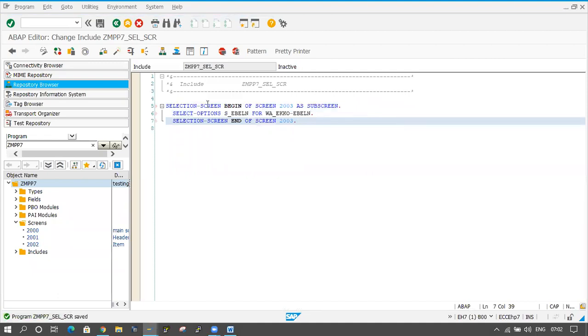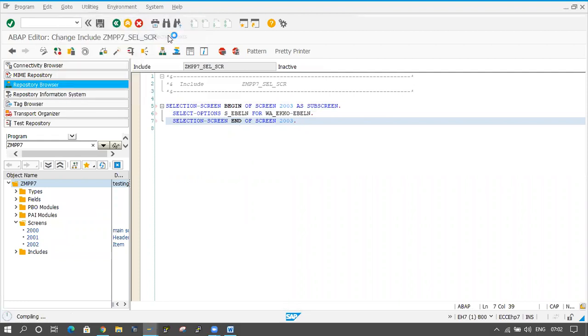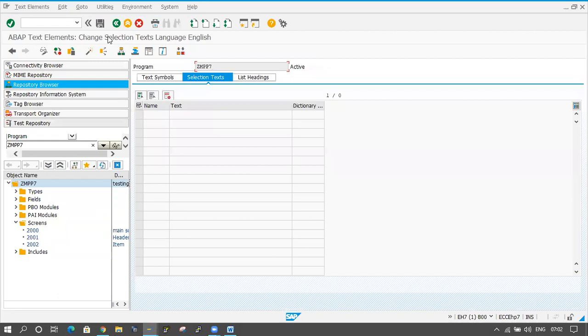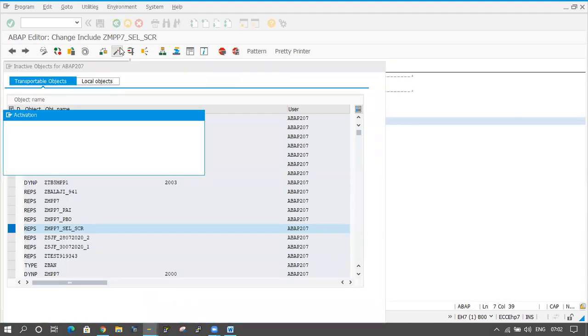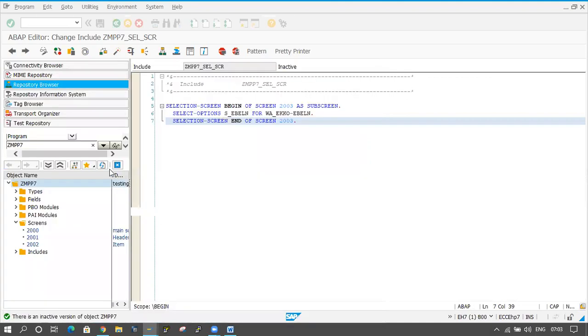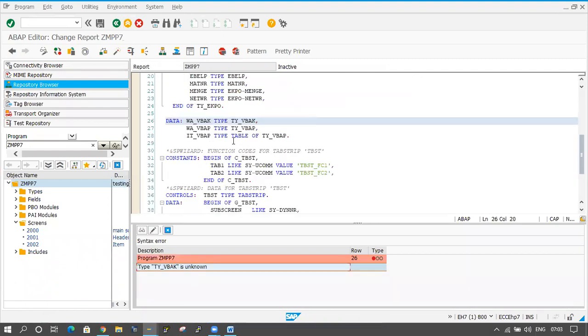Okay, now I want to give some heading for this one. So click on go to text elements and selection text. Nothing is coming here, right? If you activate it, at that time it will come. Let me activate that one.